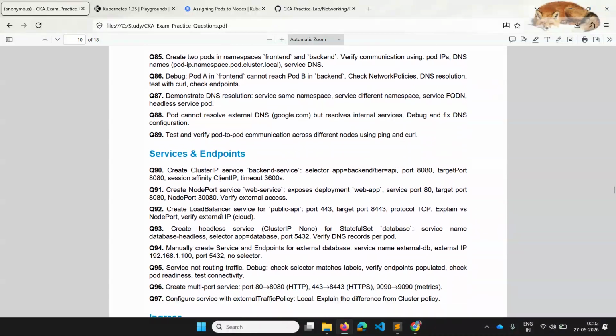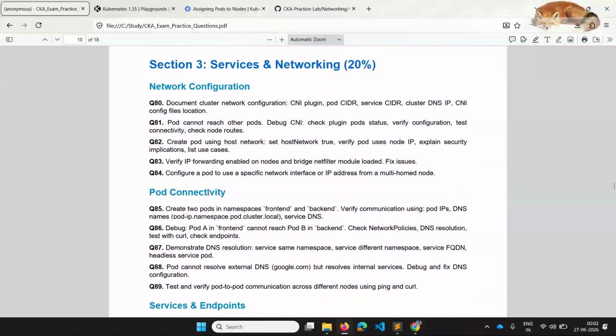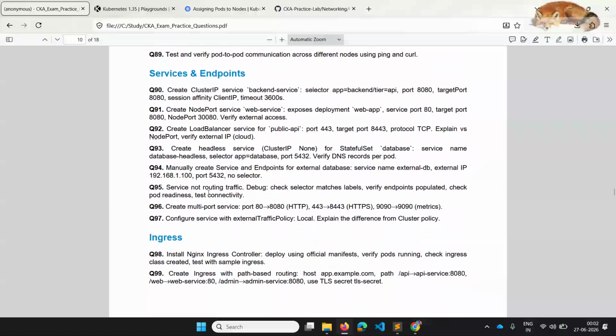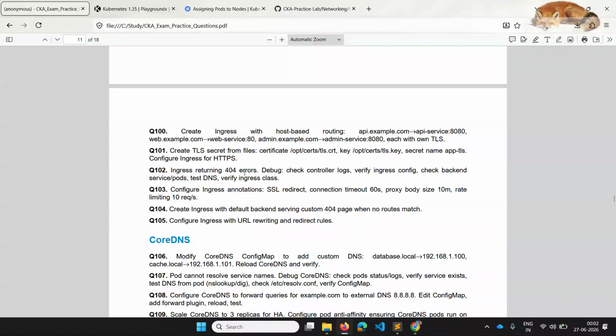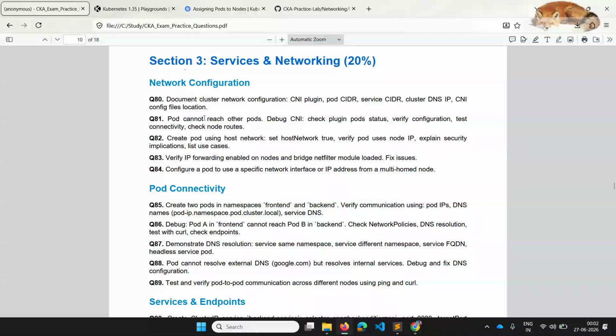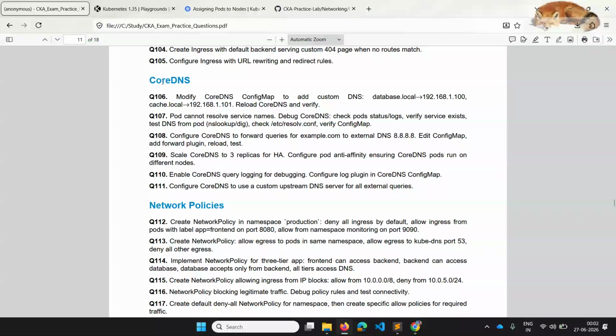Coming forward, we'll see the questions on services and endpoints, and I hope it will clear most of the confusion on the networking topic. I think Ingress will be a little bit cool. This is about the network policies I was talking about previously when I was showing you the network configuration solutions. And we have CoreDNS.